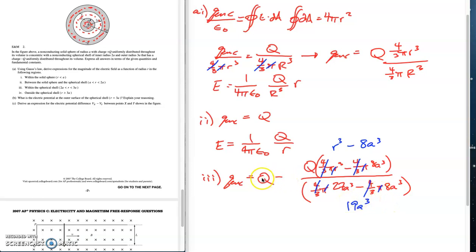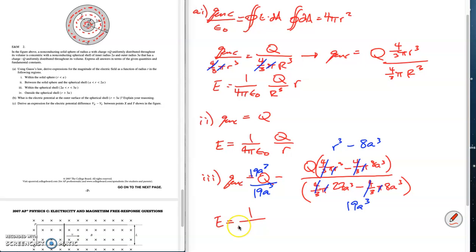So once we do a common denominator here, we're going to have 19a cubed, well, it'll be plus 8a cubed. So that'll be 27a cubed minus q times r cubed. That gets us our enclosed charge. Fortunately, 4 pi r squared is still the same. Combining all those together gets us an electric field